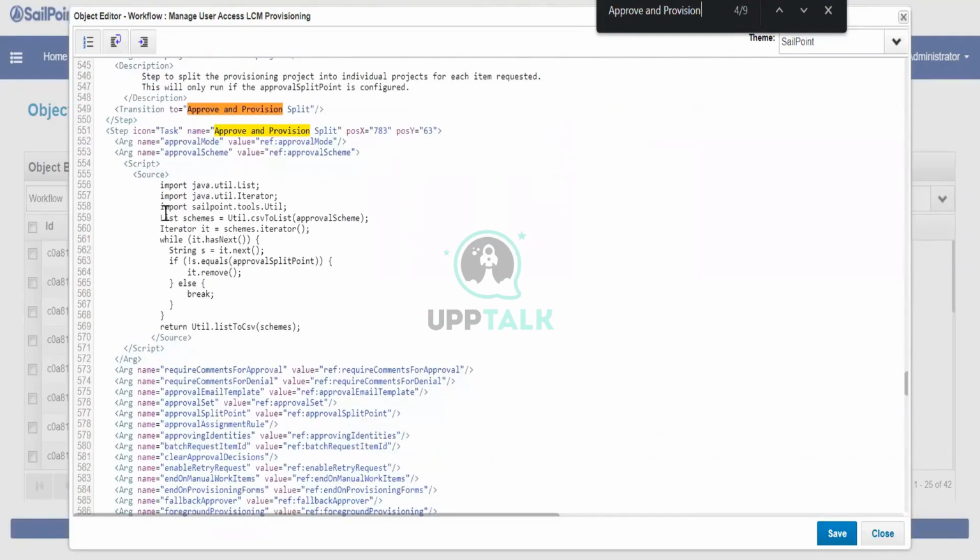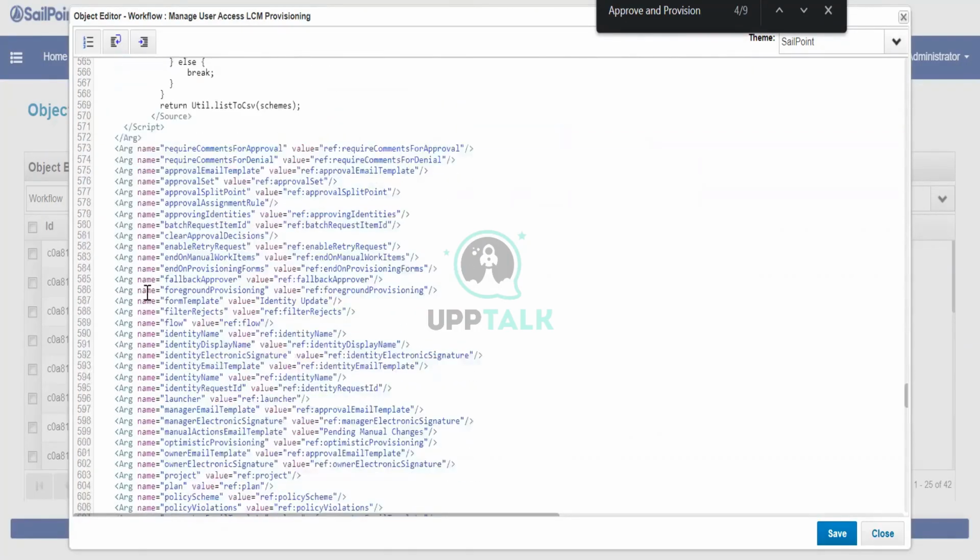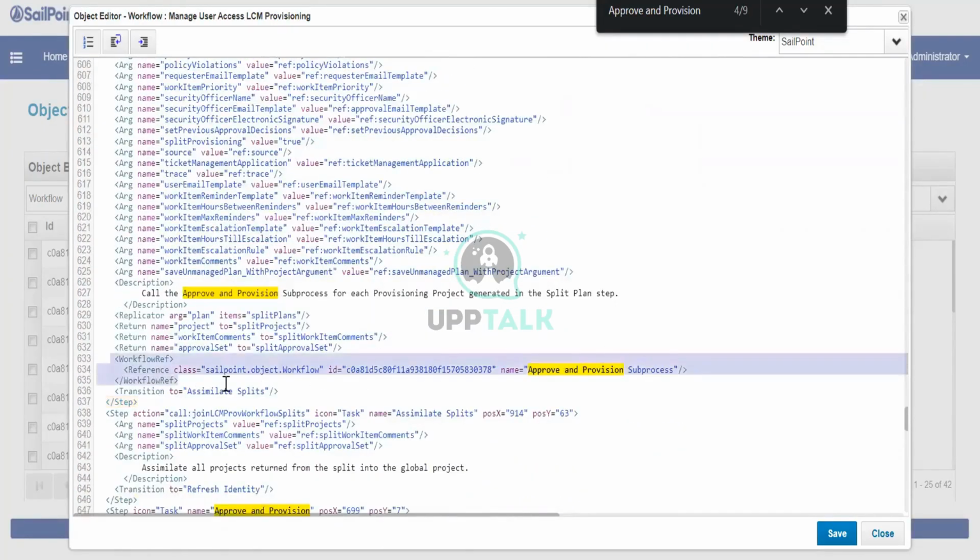Approval and provision is one step which is basically calling another workflow, which is called a sub-process. In the workflow step, you will see the workflow name. This is the workflow that we are calling, approval provision sub-process. What it does first is create the approval. Second, once that approval is completed, it will provision the access. Now, if I open this workflow, approval and provision sub-process,